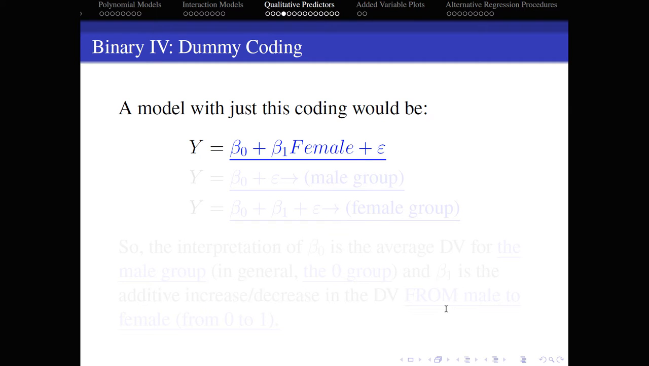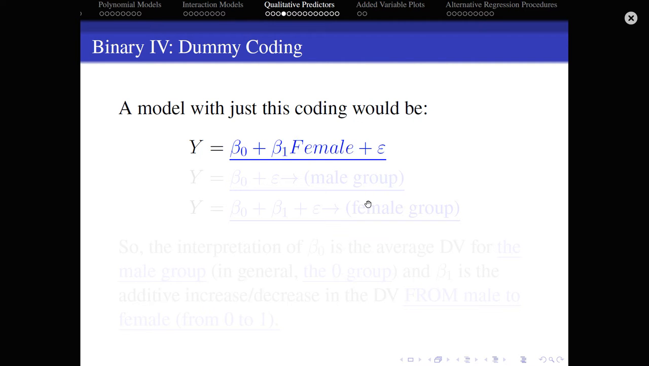So the model with this coding would be beta 0 plus beta 1 times female. And again, I'm dropping in this coded variable. I'm using the dummy coded variable, not the actual categorical factor. So it's important to realize that when we're dropping categorical variables in the model, we have to code them, and then what actually goes in the model is not the categorical factor, it's the coded variable, in this case,